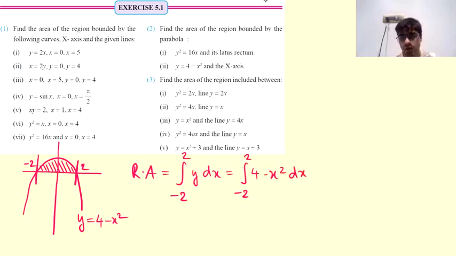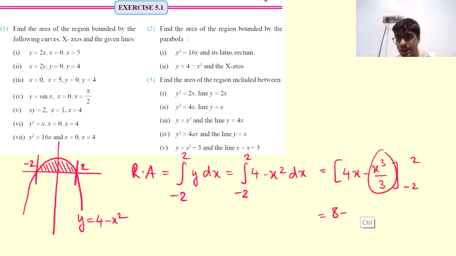This will be integration from minus 2 to 2. Integration of 4, okay, there's no need to write integration again. Integration of 4 will be 4x minus x cube, so that will be x square, integration for that will be x cube by 3, going from -2 to 2. When you put a 2 here, you get 4 into 2, which is 8, minus 8 by 3. From that, you're subtracting whatever you get when you put a -2 here. So that will be minus 8, and -2 cube will be minus 8, minus of that will be plus. So plus 8 by 3.